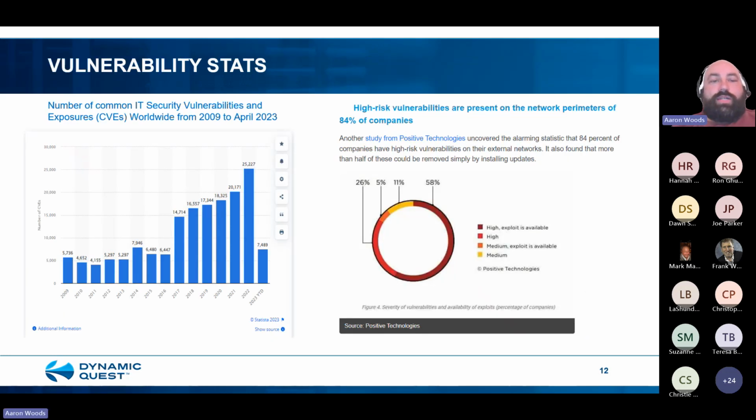Some of the stats from vulnerability stats. I went through and pulled a number of stats. This is the number of common IT security vulnerabilities and exposures worldwide from 2009 to April 2023. You can see that in 2022 alone, there were over 25,227 new vulnerabilities found, whether it be through